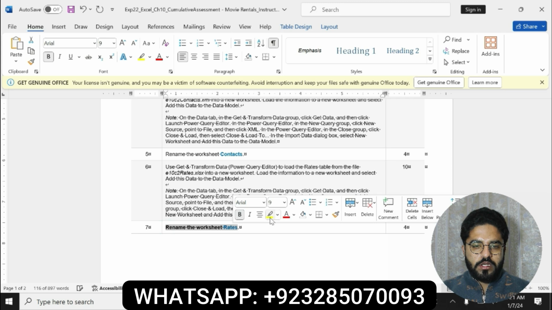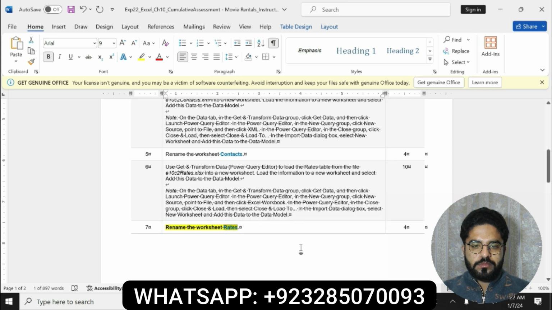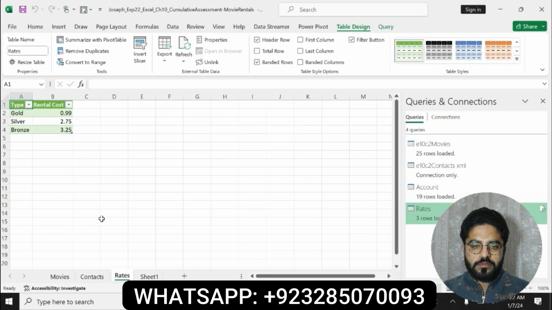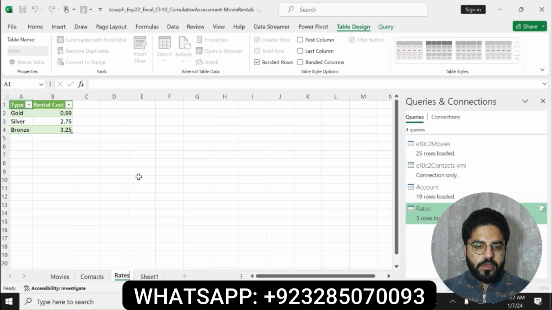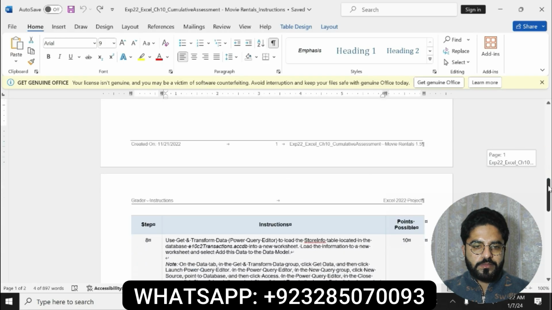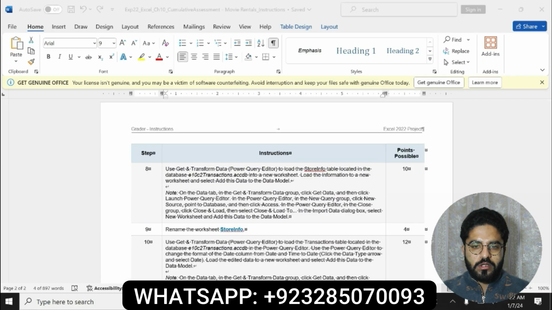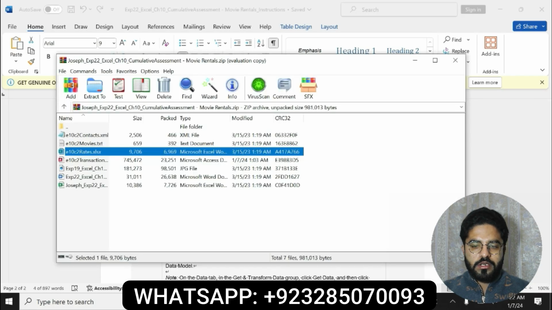Our next question is rename the worksheet to rates. Rename this sheet to rates. Question number 8 is